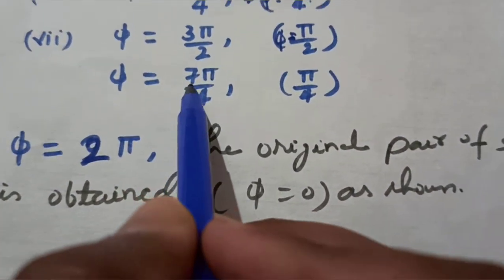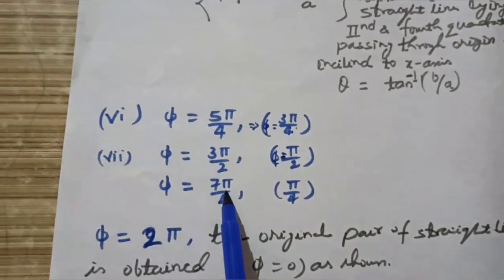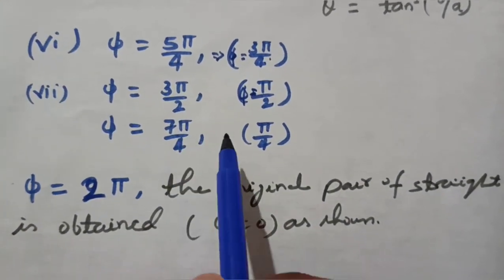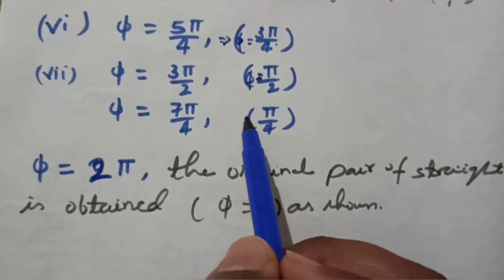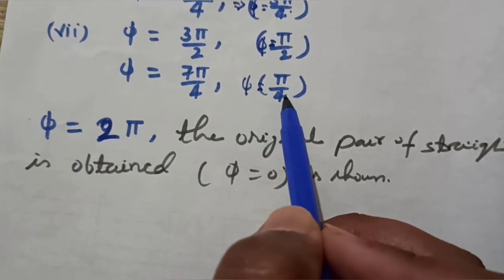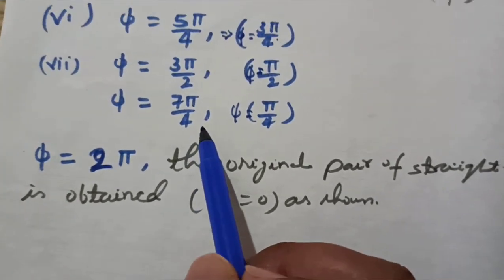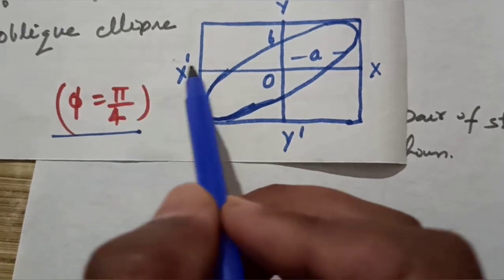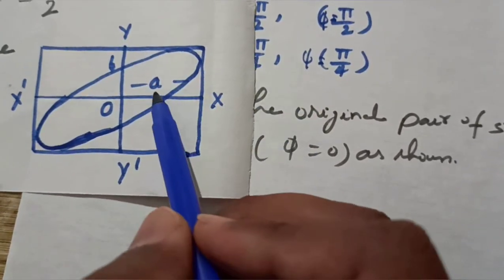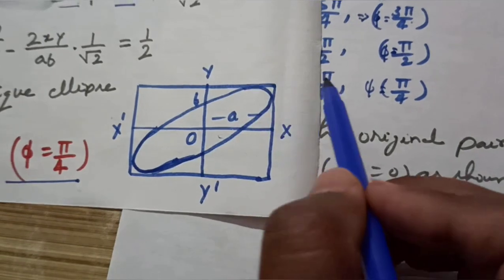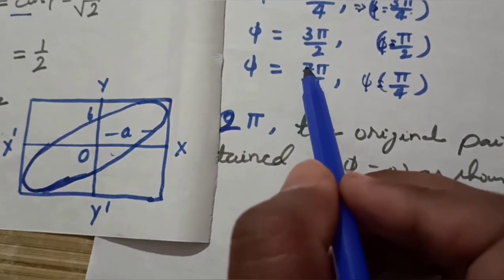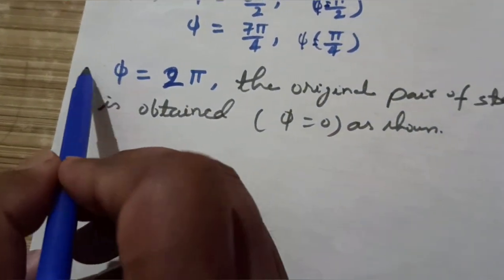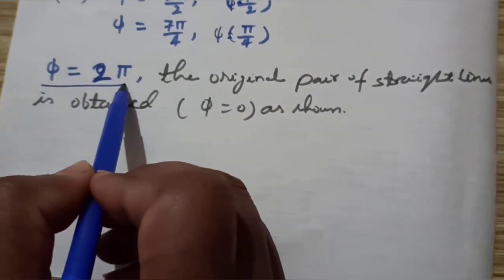For the next case, what is the value? It is 7 pi by 4 here. So for this one, we have already discussed this case for pi by 4. You can just see the same diagram from here, this is the case pi by 4, and you will obtain the same diagram or pattern when you discuss 7 pi by 4. Now the last case is when phi is 2 pi,